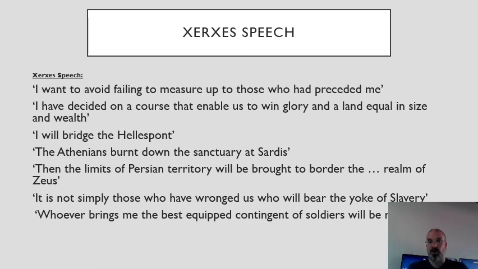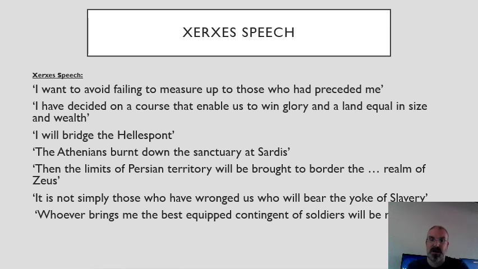And it just doesn't get more outrageously hubristic than that. You just can't imagine anything more outrageous. So the mask really then slips when Xerxes says, "It is not simply those who've wronged us who will bear the yoke